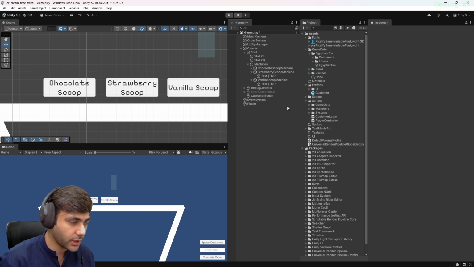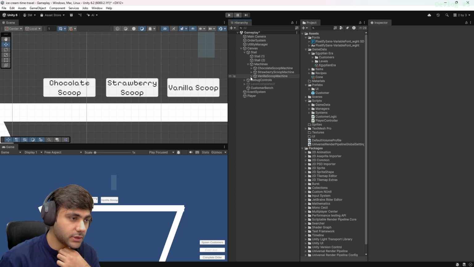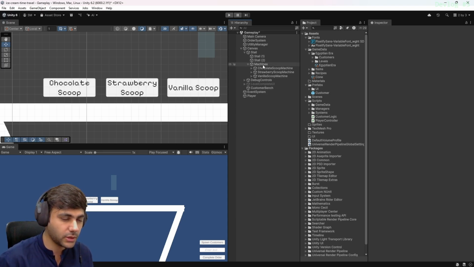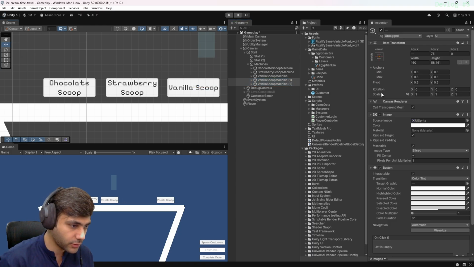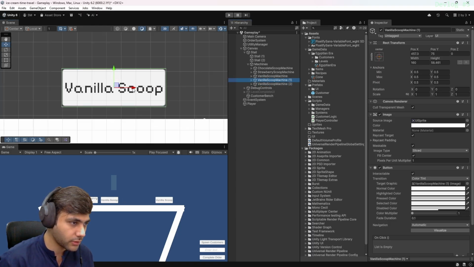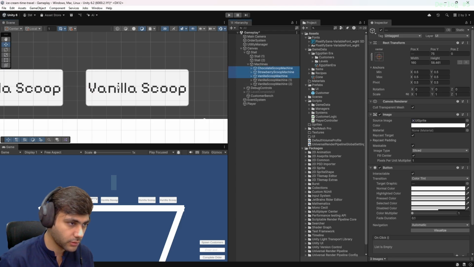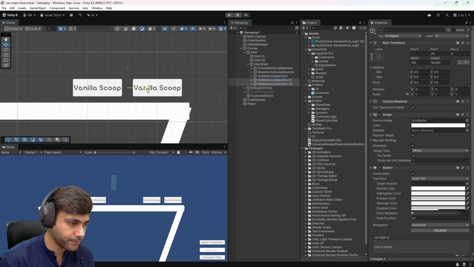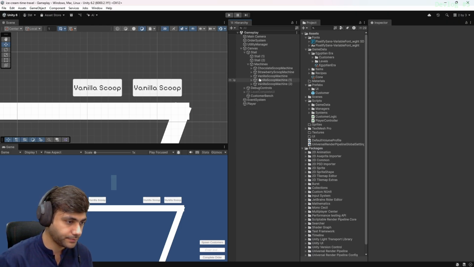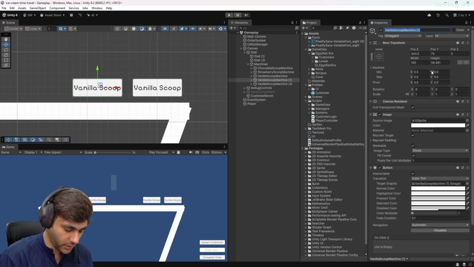So yeah, we have three machines, and whenever we click on any one of the machines, we will get an ice cream scoop, maybe after a certain delay. And we have this would be our